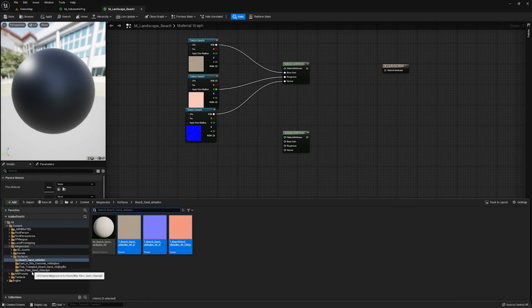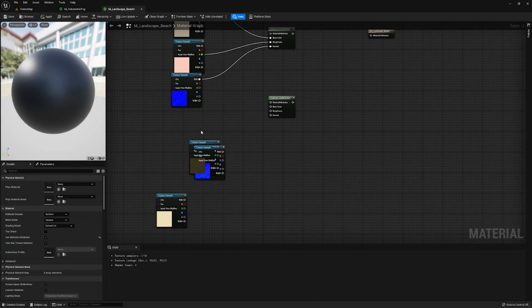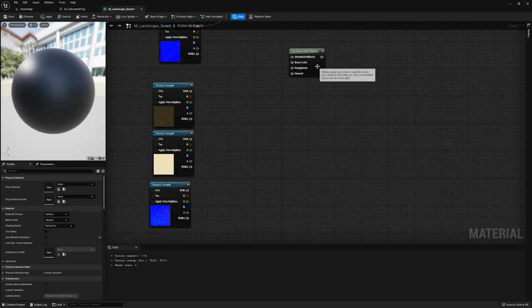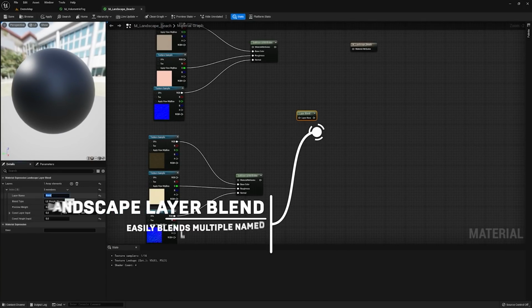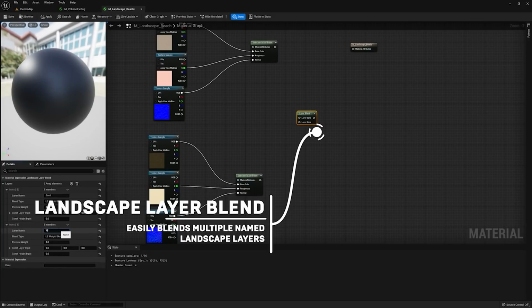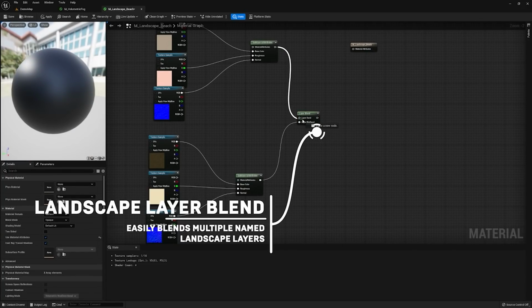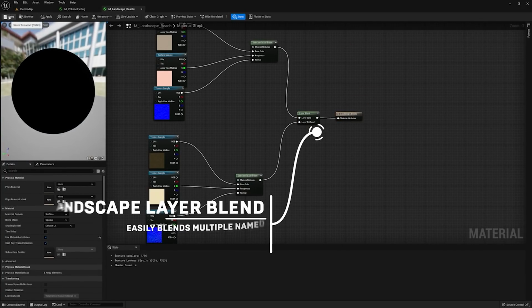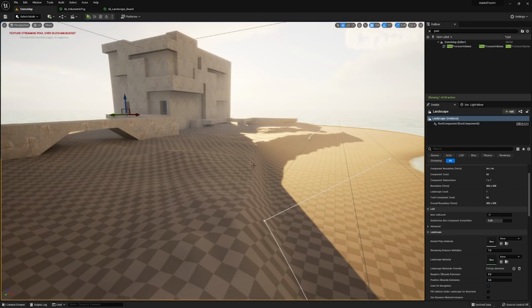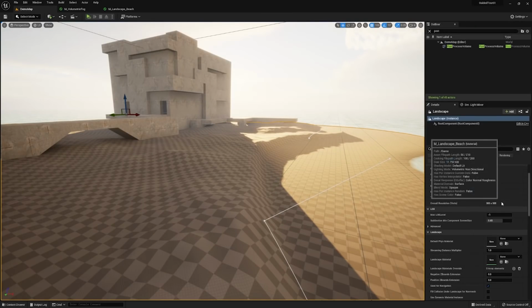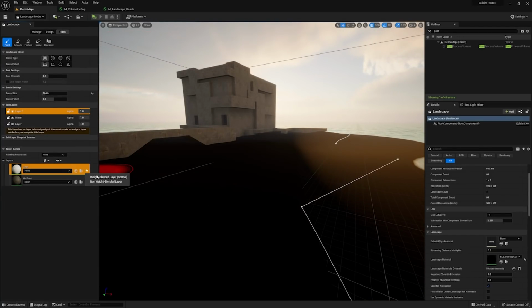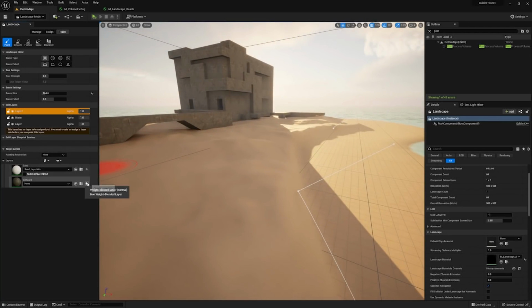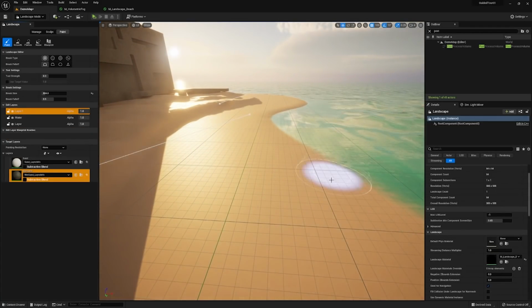So I'm going to go ahead and do this again for the wet material. The cool thing here is that when we add a landscape layer blend, we can blend the two of these things together. So I'm going to make a sand and I'm going to make a wet sand. I'm going to plug them both into each other and go back to my landscape in the world. Now when I do so, I just need to apply the material and then in the landscape settings, add a weighted layer blend to both of them, which is as simple as clicking that plus button.